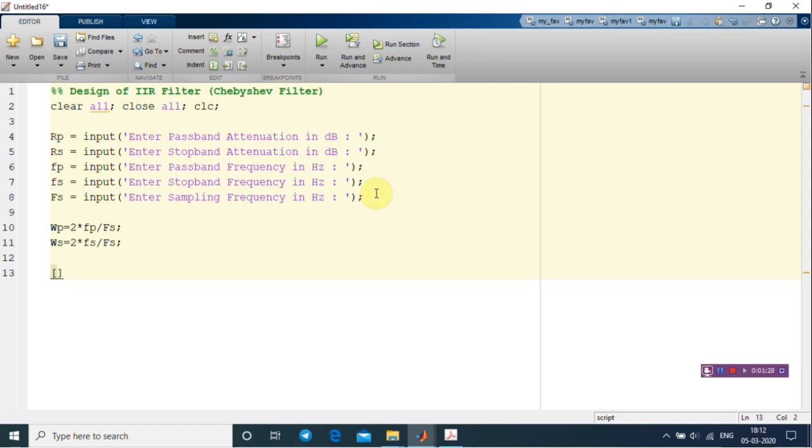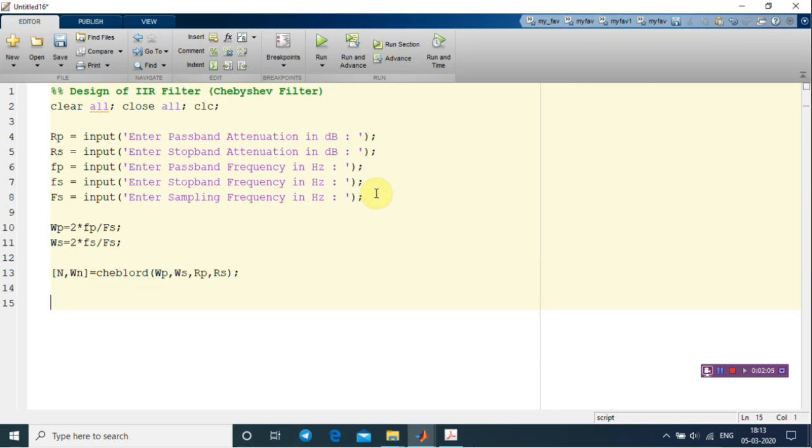Here I'll be assuming them as N comma Wn, and observe the command here, cheb1ord, and then type WP comma WS comma RP comma RS, semicolon.